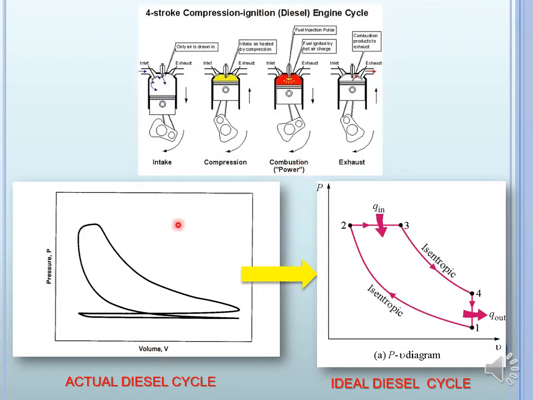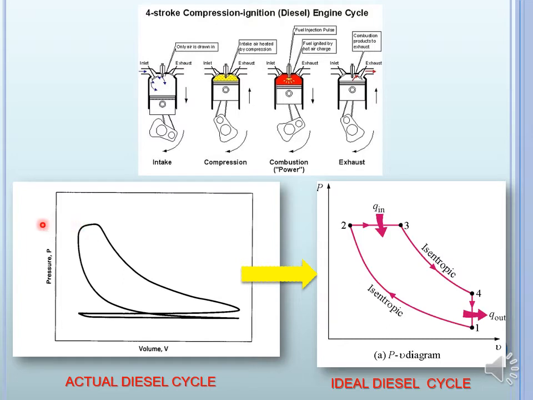As we can see here, this is an actual diesel cycle, where this line is the intake and exhaust line, and then this is compression, and then combustion, and then this is expansion, and then into the exhaust stroke. As we can see here in the actual diesel cycle, the pressure is the same